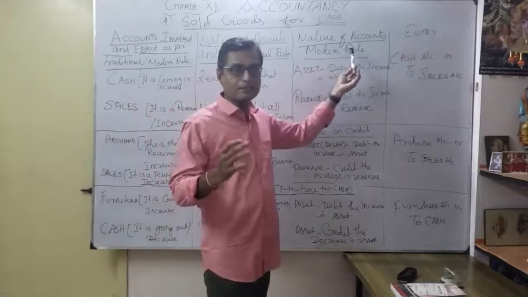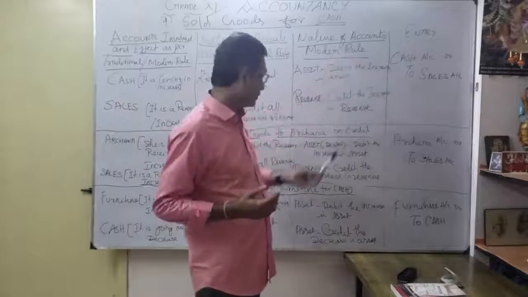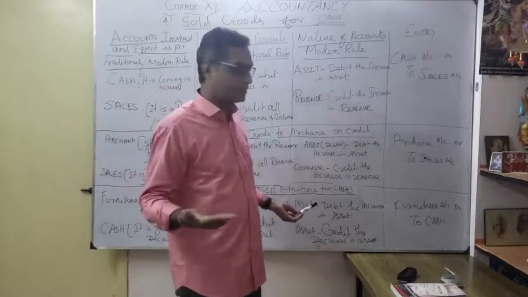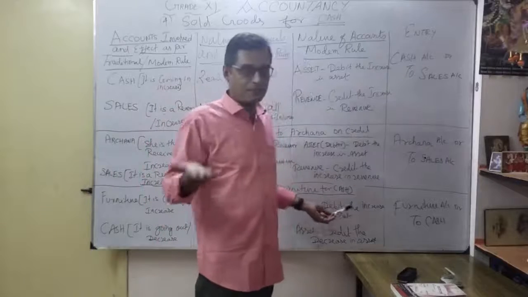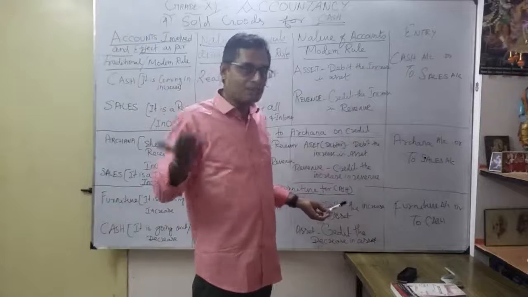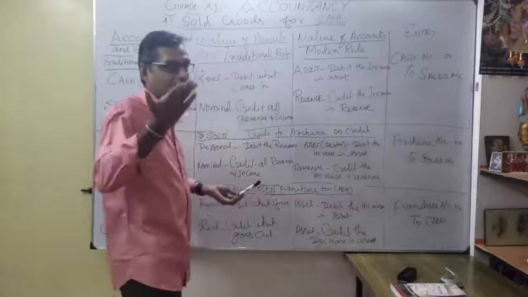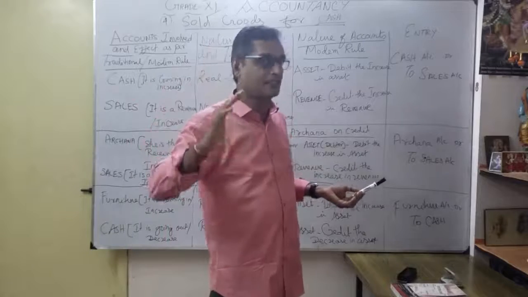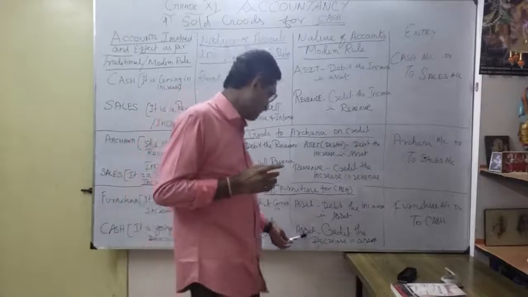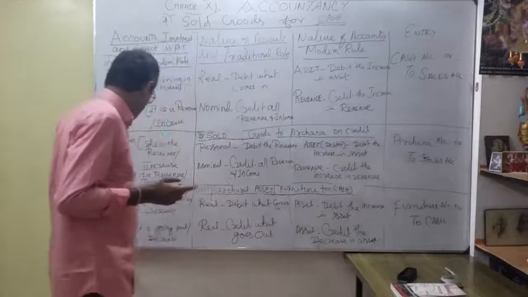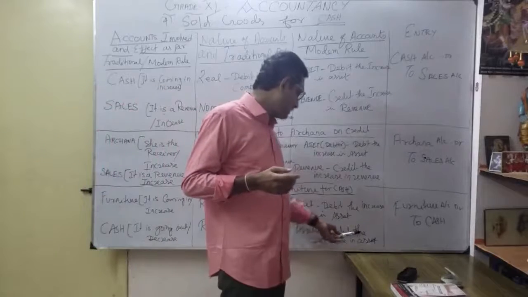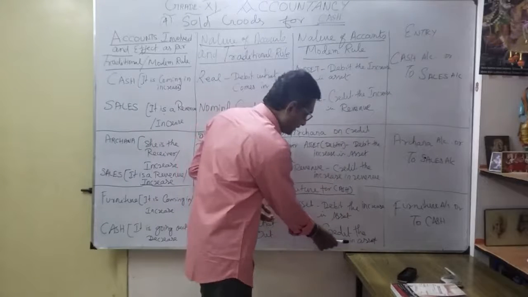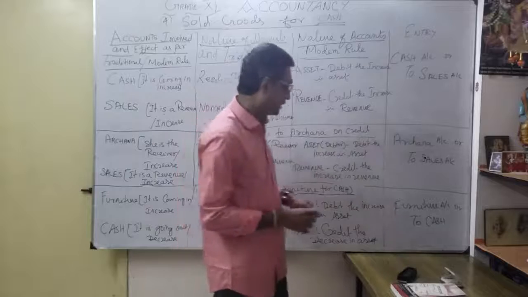Thereafter, how do we give effect in our modern approach, the modern rule? Furniture is an asset according to our modern rule, so naturally debit the increase in asset. Whenever an asset increases, debit; whenever an asset decreases, you have to credit. That is the opposite effect. Cash is also an asset here, so credit the decrease in asset. Increase in the asset, furniture; decrease in the asset, cash. Understood? That is very, very important.